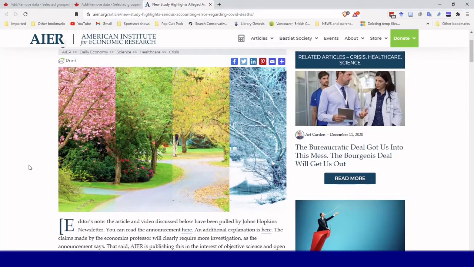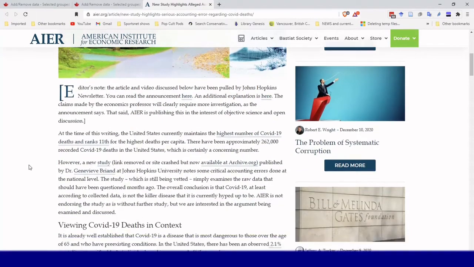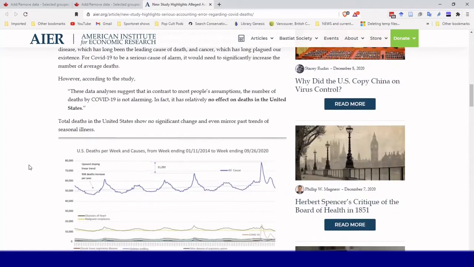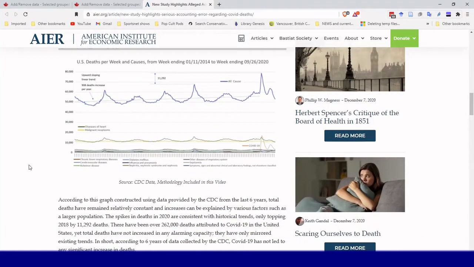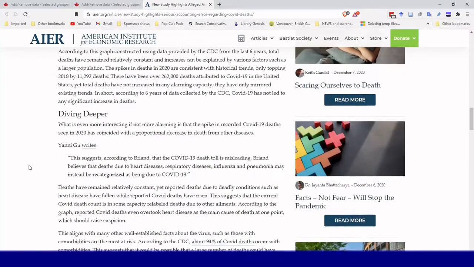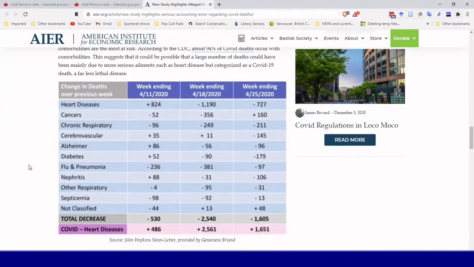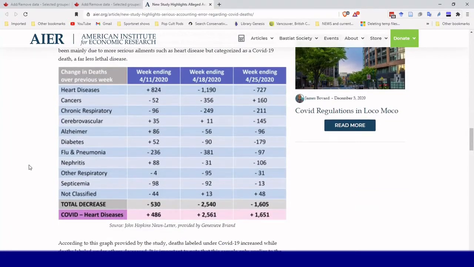So what she was doing is comparing the deficit in deaths from other kinds of causes and comparing those to the deaths attributed to COVID. And she found that there was this strong correlation suggesting that a lot, if not most, of the deaths attributed to COVID may well have just been attributed to other causes. And this is a table. This is an article about her thing.